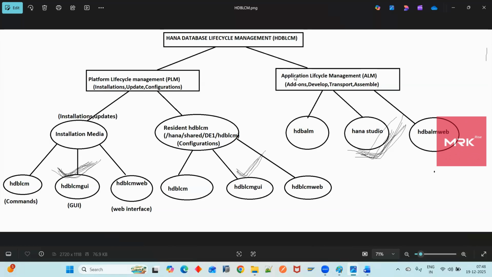And coming to application lifecycle management. By using application lifecycle management, we can apply add-ons or plugins to the HANA database, and we can develop the objects, we can assemble the objects, and we can transport the objects from one HANA system to another HANA system, that is, one HANA database to another HANA database. So in how many ways can we do that? By using HDBALM through the command line interface, by using HANA Studio through the graphical user interface, and by using HDBALM Web